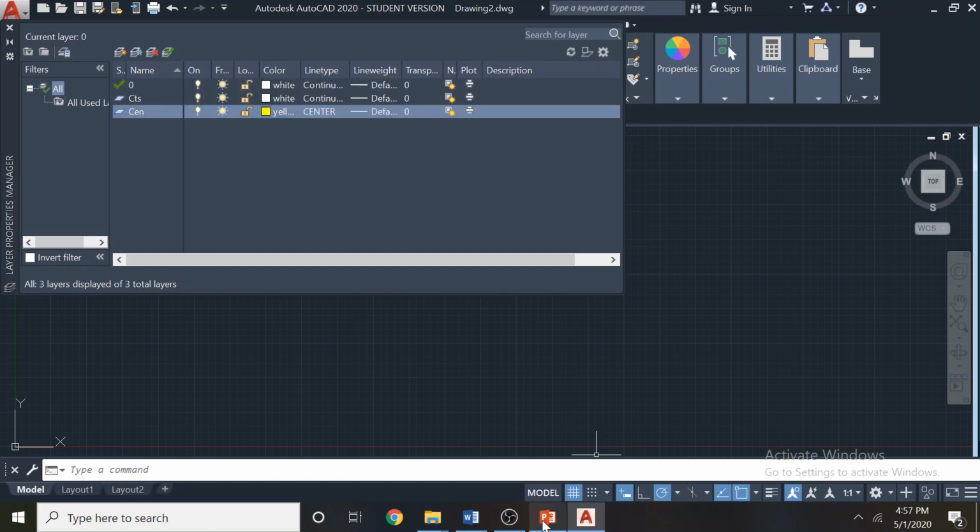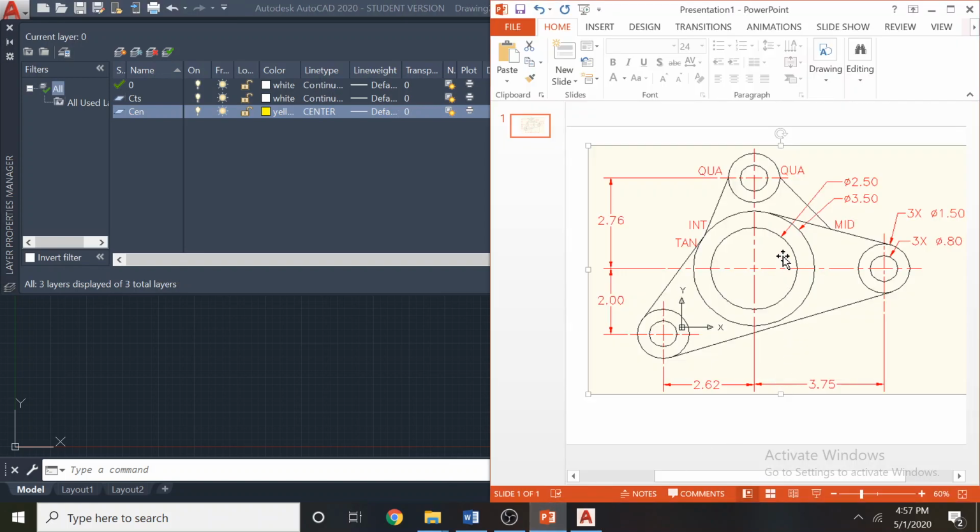Now how can we start this drawing? So the important thing here is how to start the drawing. You cannot start from the lines. If you try to draw these outer lines, there will be an issue because these lines are depending on these circles. So the first feature we have to draw is the circles. So you can easily draw these two circles. But when it comes to drawing these circles, you have to locate the centers correctly. So the best thing is to draw the center lines first and start this.